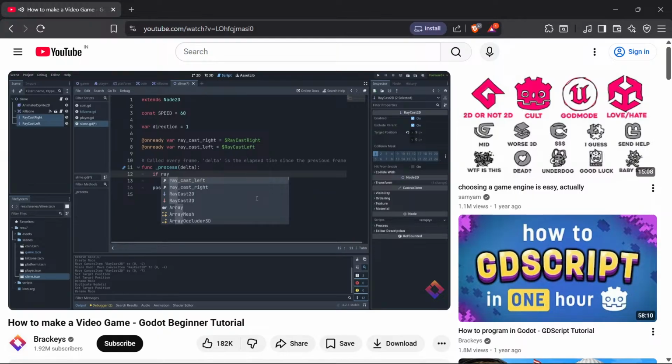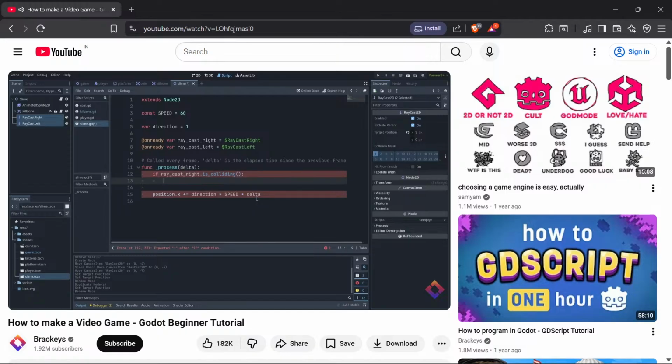If raycast right dot is colliding, if this raycast is hitting something, well then colon,